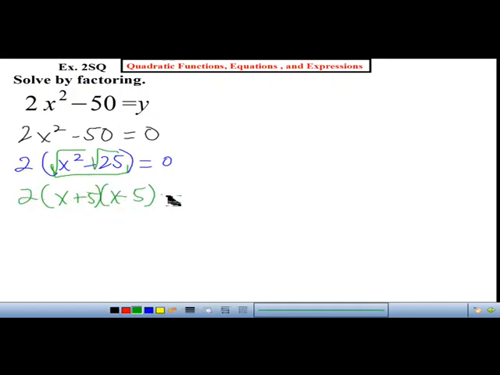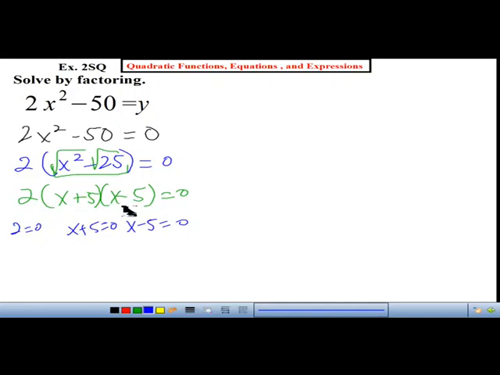Bring down the 2, equal to 0. Next, what do I do? Rachel. Then you set them equal to 0. So x minus 5 equal to 0, x plus 5 equal to 0, and 2 equal to 0, because now